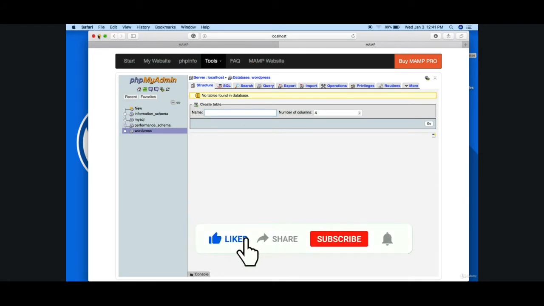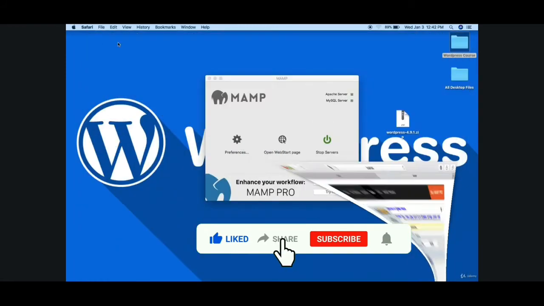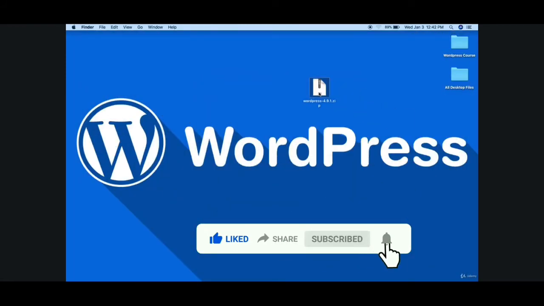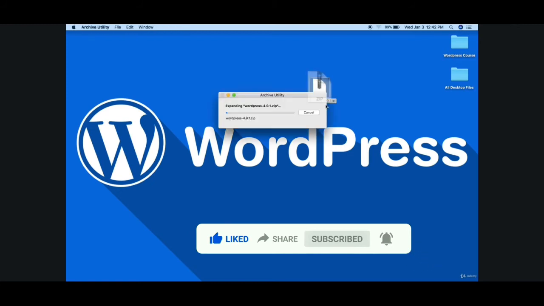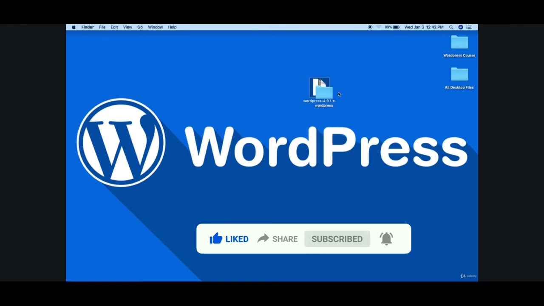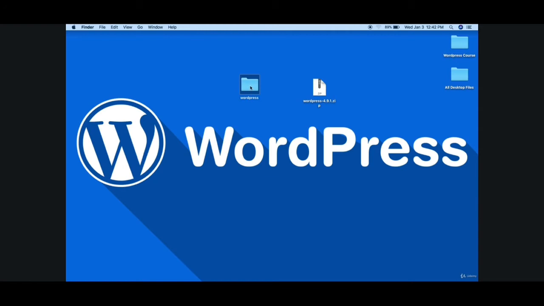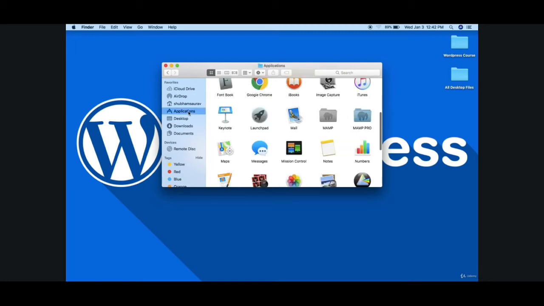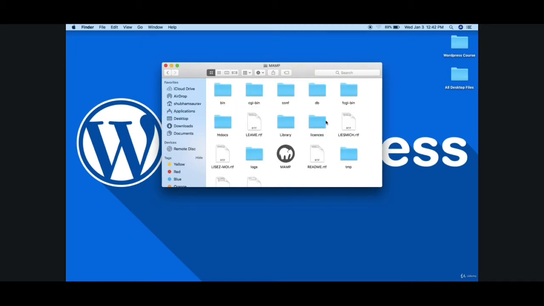And now just go back to your desktop where we have downloaded our WordPress file. So double click on this, it will unzip this and it will give a result that is something just like this, and open it. And now go to your application folders and go to MAMP and then go to htdocs.